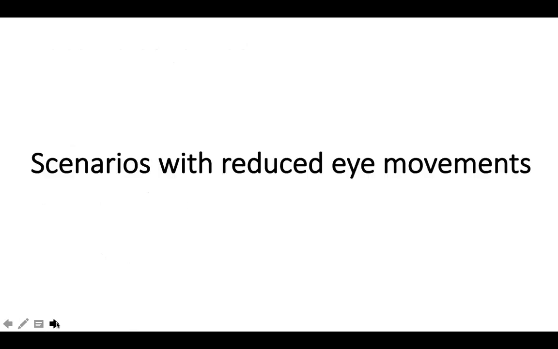So what are the scenarios with reduced eye movements? After understanding and taking an examination, we'll go through some of the scenarios with reduced eye movements and increased eye movements. Some of the scenarios with reduced eye movements, as we know, are a congenital squint, which is a non-neurological cause, or a paralytic squint. And you can have conditions like ophthalmoparesis, or reduced eye movements in a comatose child.